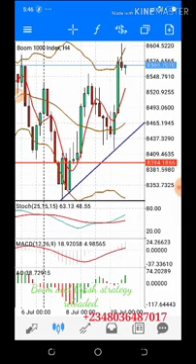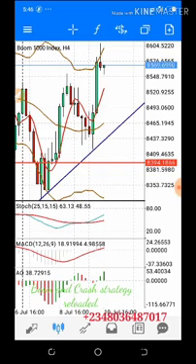Now, the rule I gave you then was that when Boom is on an uptrend, just like this one over here, try not to trade at all. Just be patient and wait till it starts a downtrend. The same thing is applicable to Crash.